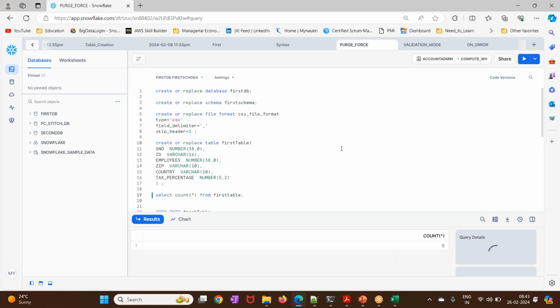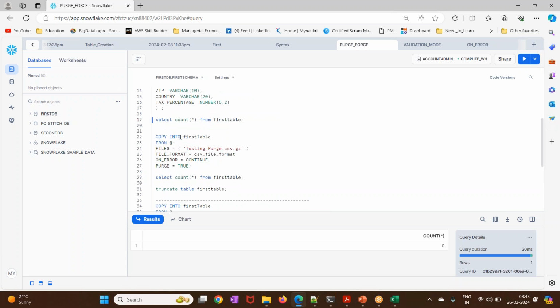So we have one table, first table, we have the zero records. I am using the copy statement. This is the copy statement. I am using the file testing purge.csv, and here mentioning purge equal to true. This means that once the data gets loaded from this file testing purge.csv